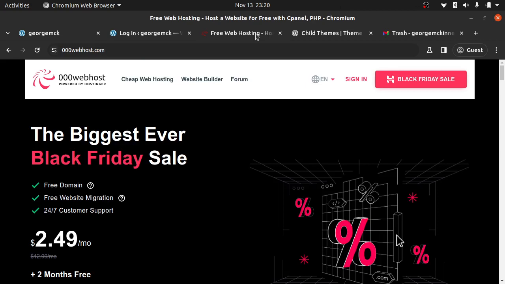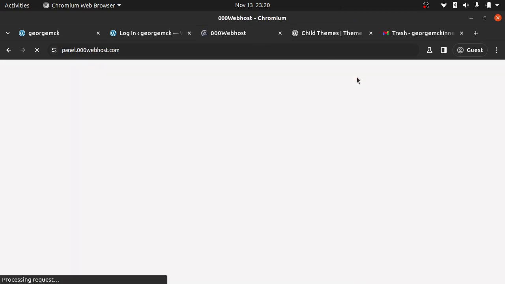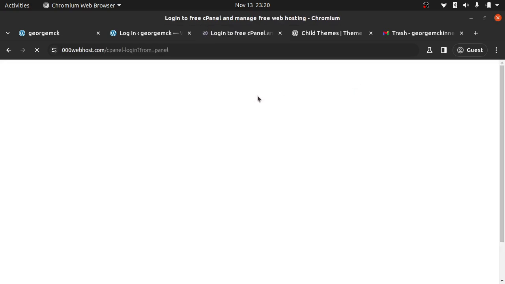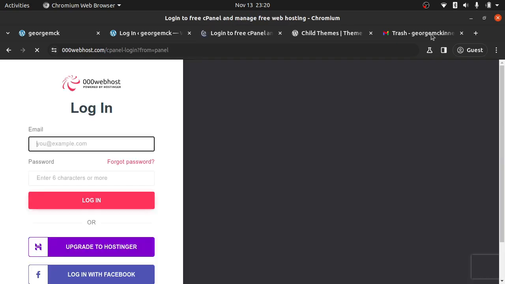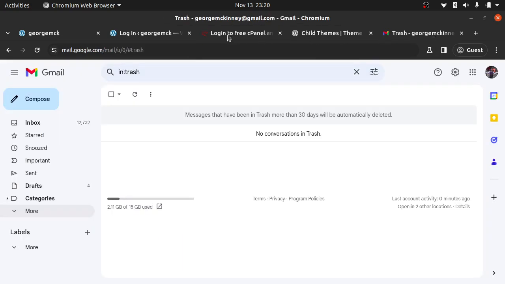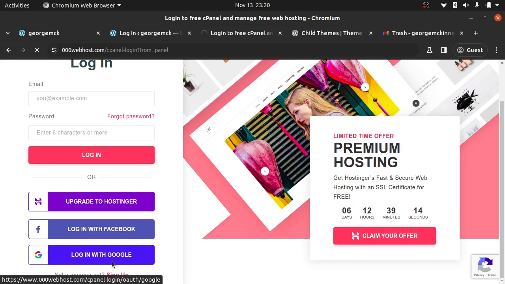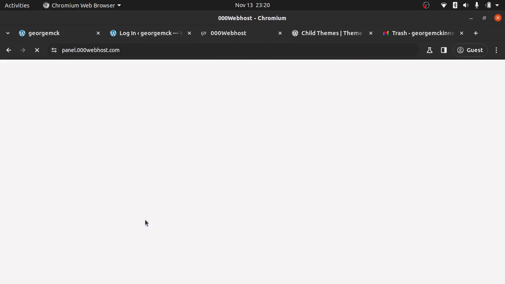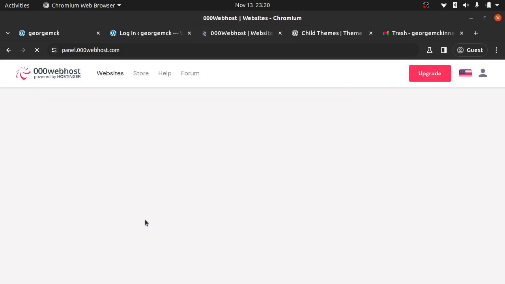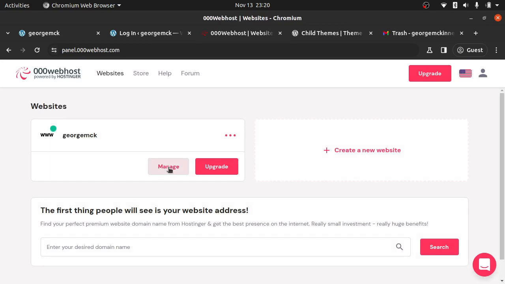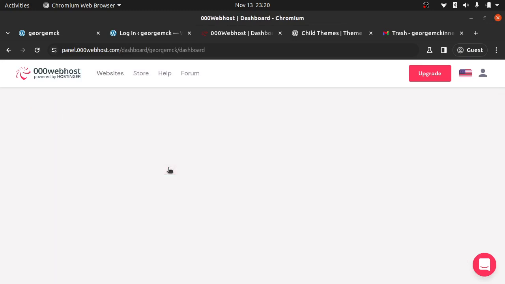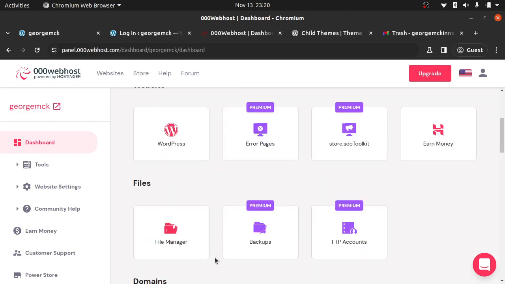Now, in order to make changes to the site, we're going to have to log into it. So I'm going to click Sign In. This particular web hosting company allows you to log in with Google. So I've actually logged into my Gmail account first so it's a lot easier for me to just click on the login with Google button. Now that I've logged in, I can manage the account, and I'm going to look for the location of the